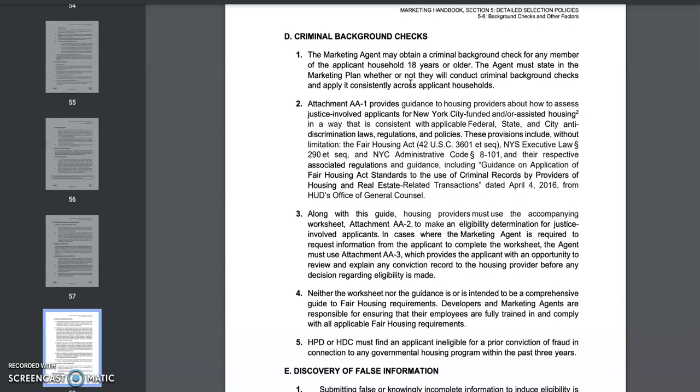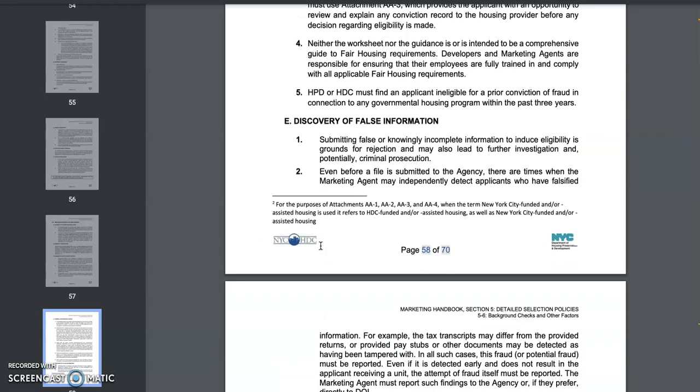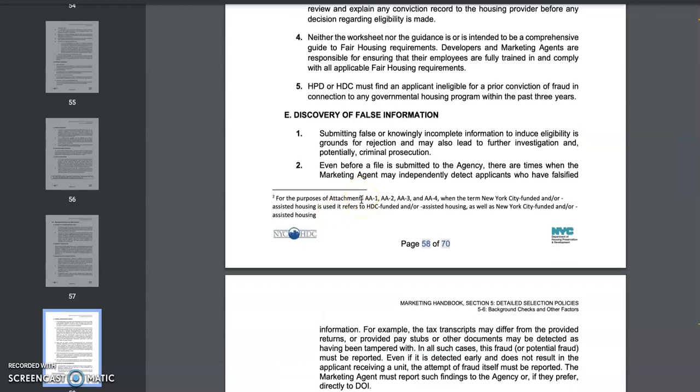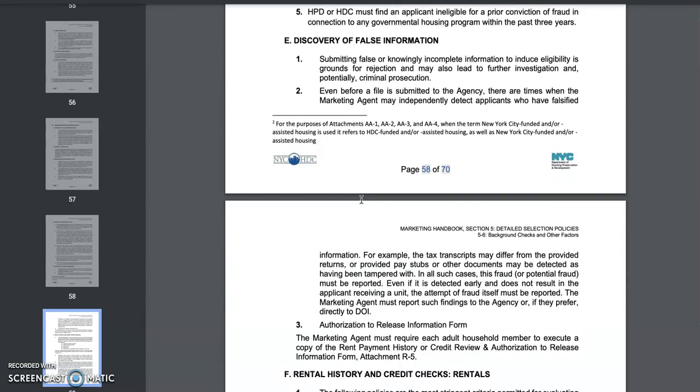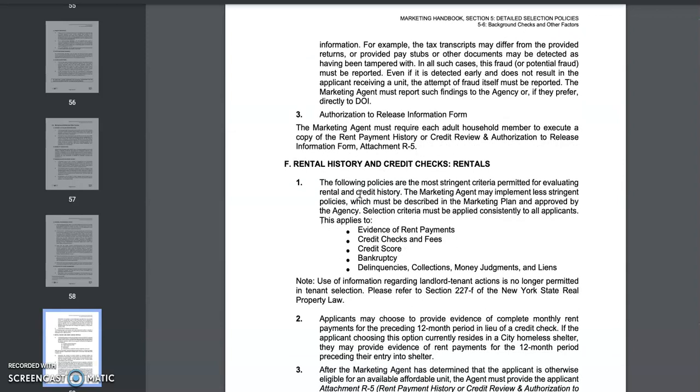I myself have difficulties with it sometimes, and I wish things could be a little more straightforward, but they have to be cognizant of how they're wording this information, because a lot of scenarios are case by case basis, right? I talk about discovery of false information a lot. So these are the things that you guys need to read.